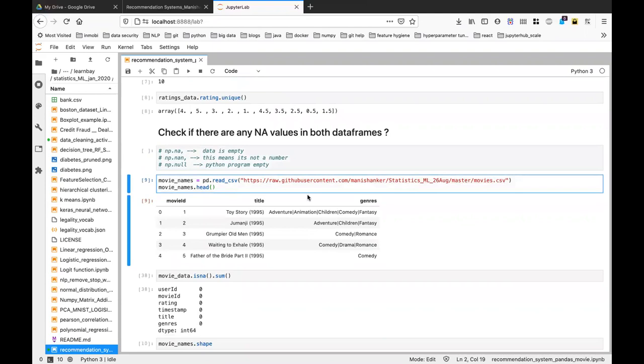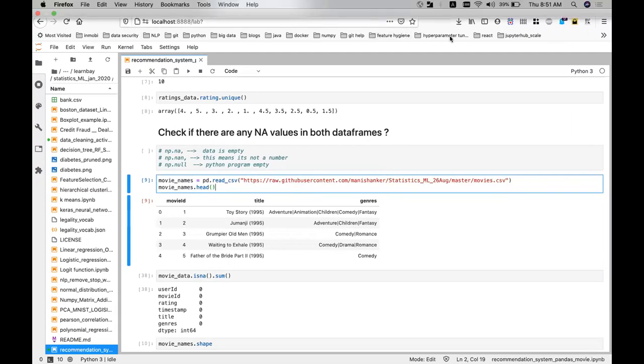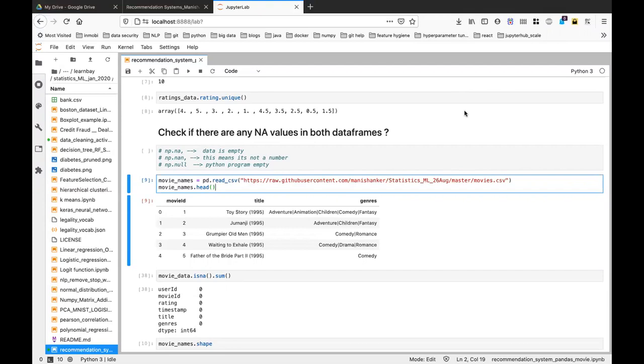So what do you see overall? I've given these 2 data sets, right? So there are titles, there is this. So what can we do potentially with this in context of recommendation system? So what do you guys understand? So let me ask you this now. So can we do something about this? So we have 2 data sets. One is ratings. One is movies, right?